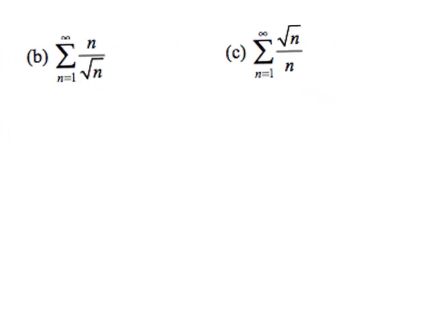So I have the sum from n equals 1 to infinity of n over the square root of n. So if I clean up, this n is raised to the first, and I could rewrite this as n to the 1/2. You'll have the sum from n equals 1 to infinity of just n to the 1/2, or the square root of n. Putting that in my p-series form, you could also write that as 1 over n to the negative 1/2 if you wanted to. So you can see your p-series here with p equal to negative 1/2, and therefore your series will diverge